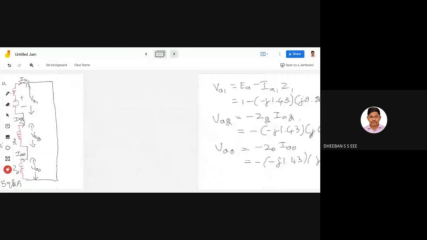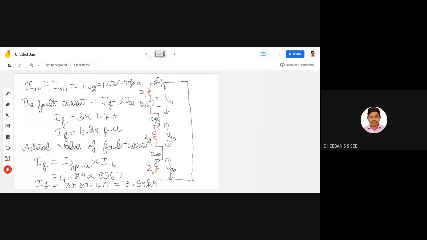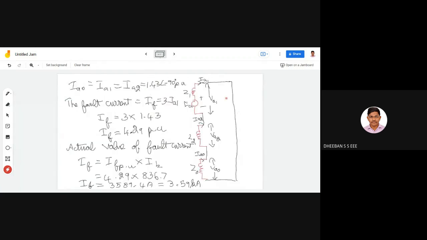The second part is all about your line to line voltage during the fault condition they have asked. And this you can also stick on with respect to the line to ground fault formula. So as per the line to ground fault, otherwise you can devise these formulas yourself. So how can you devise them? From this particular sequence network, you have to put KVL, okay, to get VA1, VA2, and VA0.